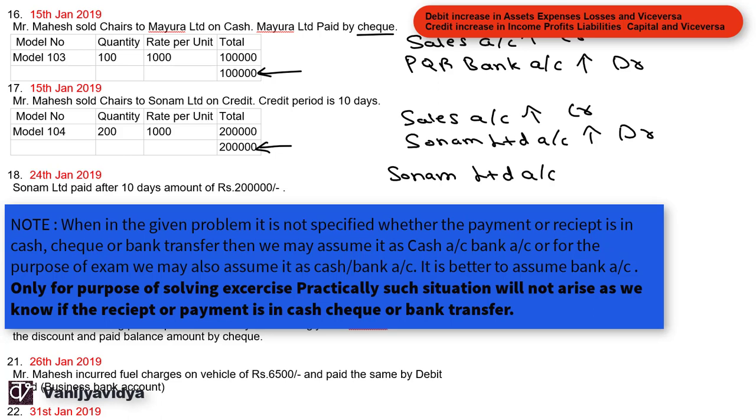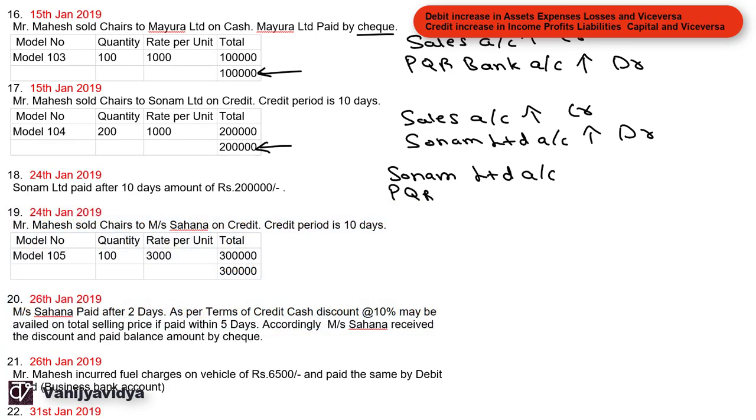Now it's safe to use a bank account because suppose there is some payment and we say cash account, and suppose there is no balance in the cash account. Now cash cannot be negative, but for bank account usually the business has an overdraft facility wherein you can withdraw the extra amount from the bank account as a loan. So it's safe to say bank account. So in this case, we will be assuming that she has paid by check or bank transfer, and we are considering PQR bank account.